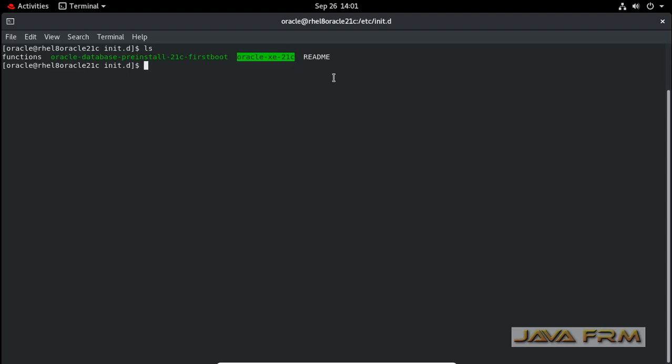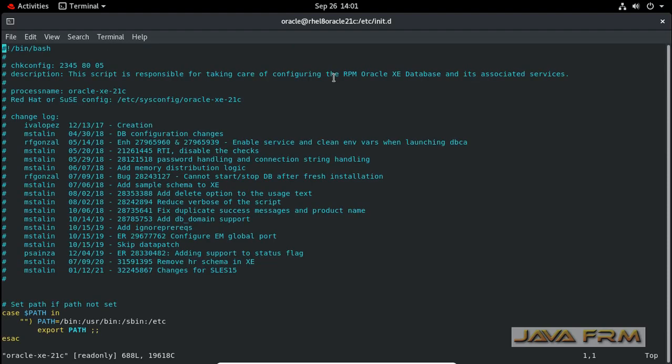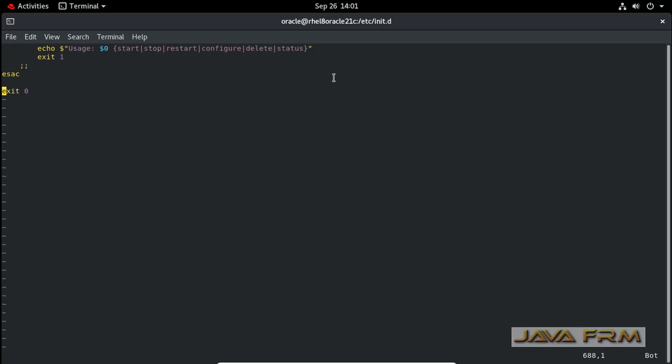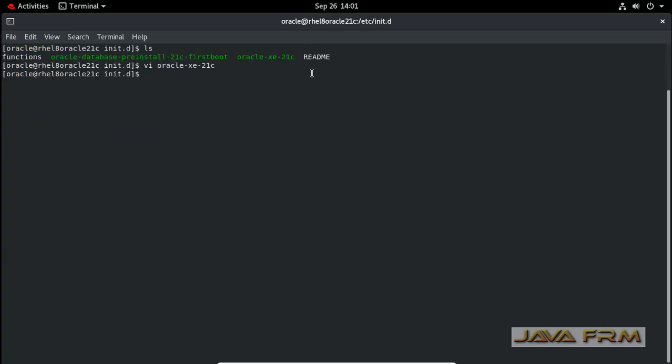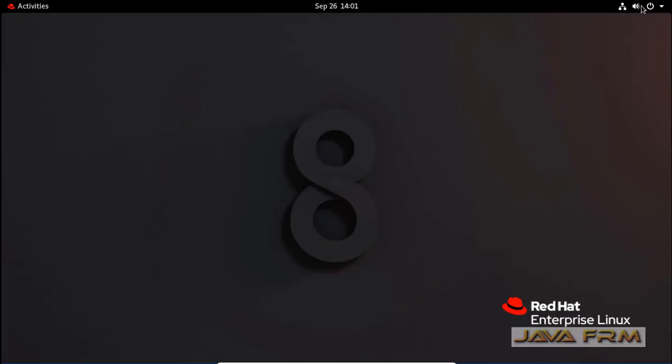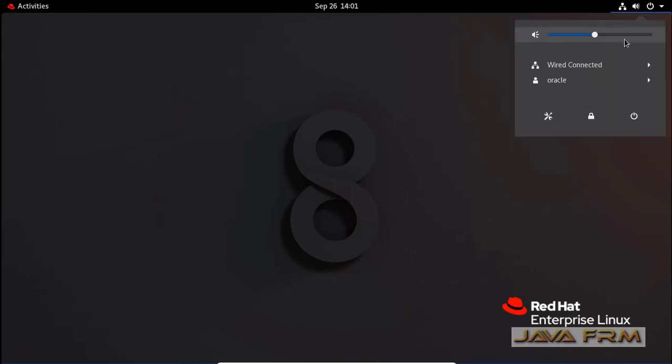Previous editions did not have this. The Oracle service files are installed by default, so using RPM is very easy. Using this Oracle service, I can start and stop the database, which we are going to see later.